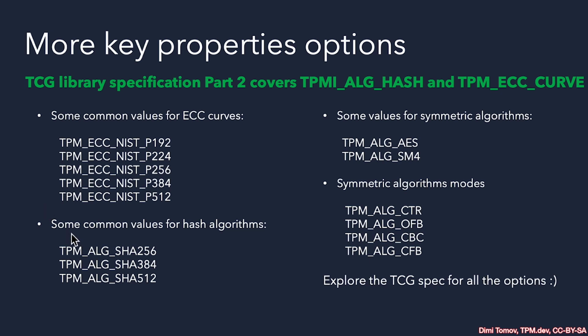Then we have common values for hash algorithms. Of course, these are just the most used ones. Again, your TPM can support more options. And for the full list of available options, I recommend reading the spec. Usually for the name computation, we use SHA-256, but of course, having a larger size algorithm and digest doesn't hurt. And we can use SHA-512. Most modern TPMs support it. Just make sure to check. Of course, when running your application and testing, you would find an error if the algorithm is not supported.